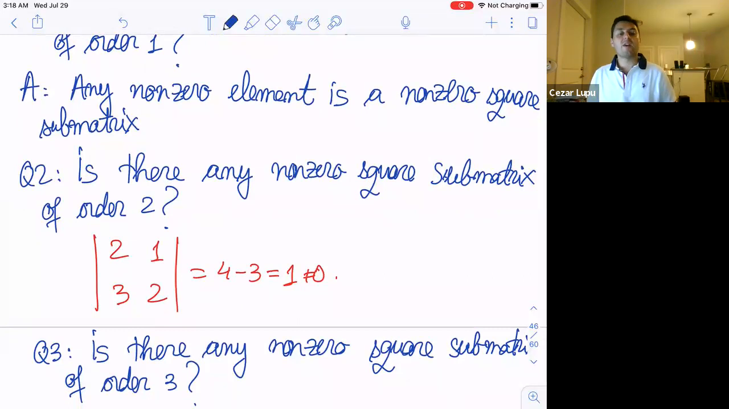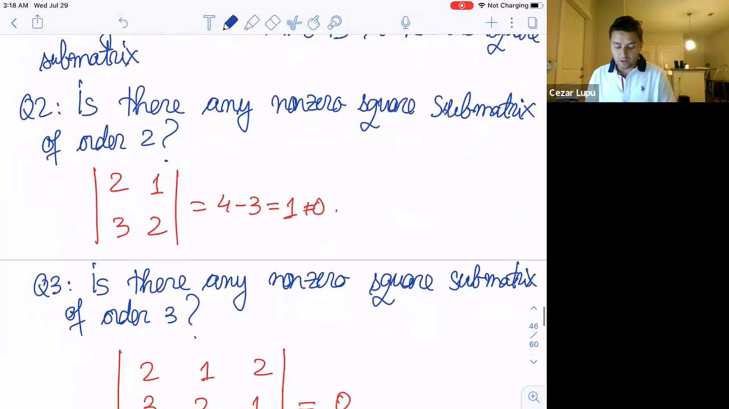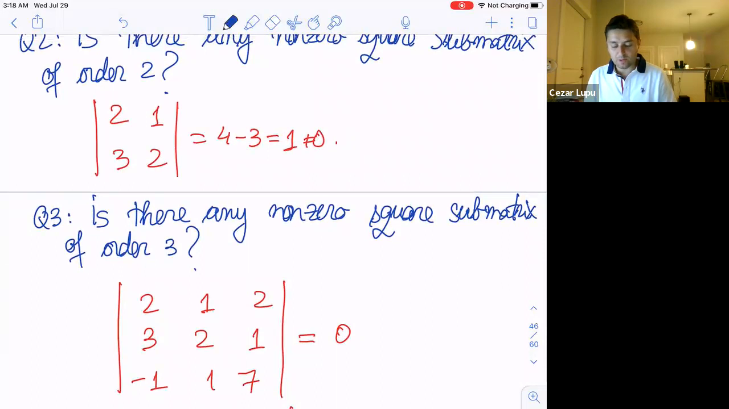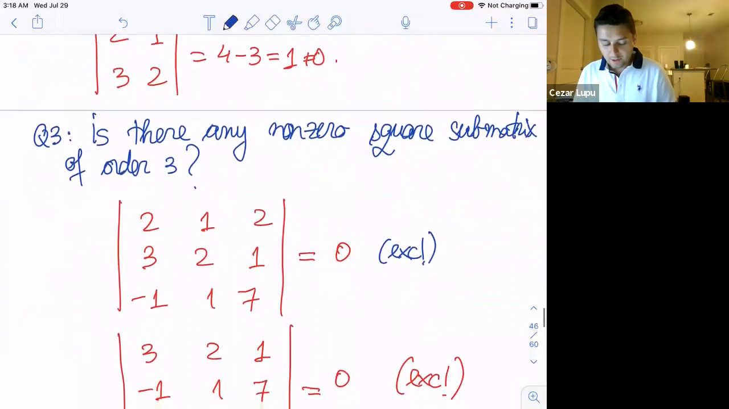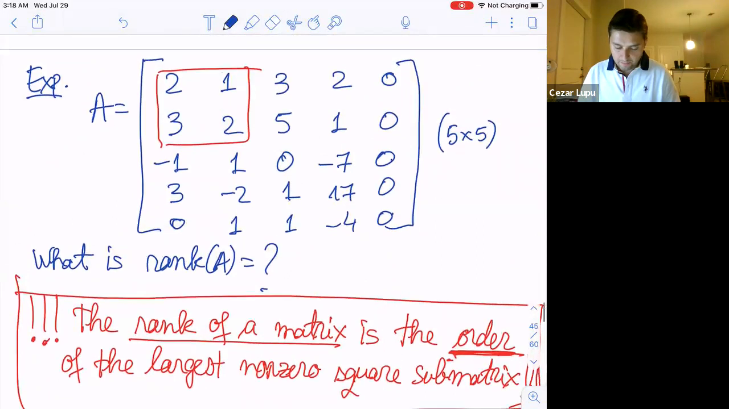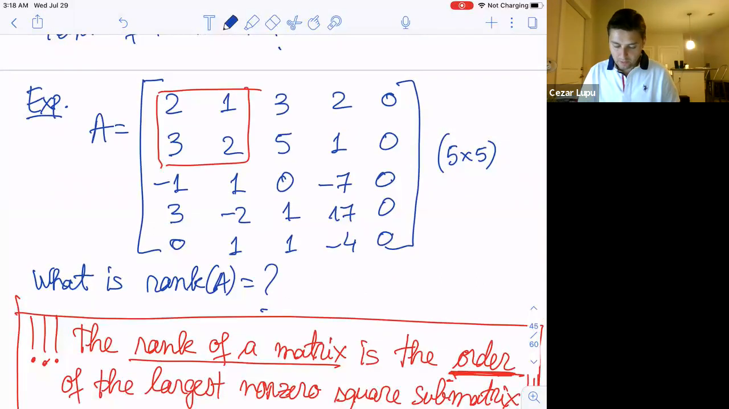Question 3. Is there any non-zero square submatrix of order 3? Well, let's look at this matrix: 2, 1, 2, 3, 2, 1, and -1, 1, 7. I'll leave it to you as an exercise to show that the determinant of this is 0, and we have done it before. And also, if I look at this one here, 2, 1, 2, so if I